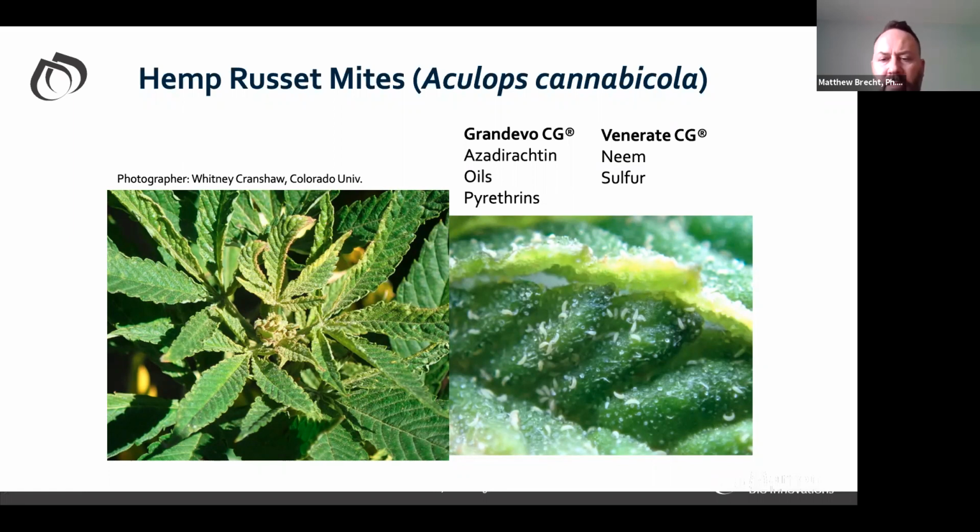And the one little extra that we put in there is sulfur. So if you're using sulfur in any application as far as powdery mildew control, you're going to get some reduction or control of russet mites. It's pretty nice. And anytime you're going to use sulfur, typically if you're using it for insects, you kind of want to do it every 10 days or so. If you're doing more for powdery mildew, you could probably get away with every 2 weeks.